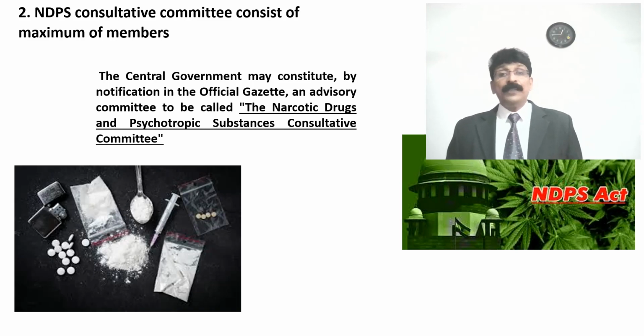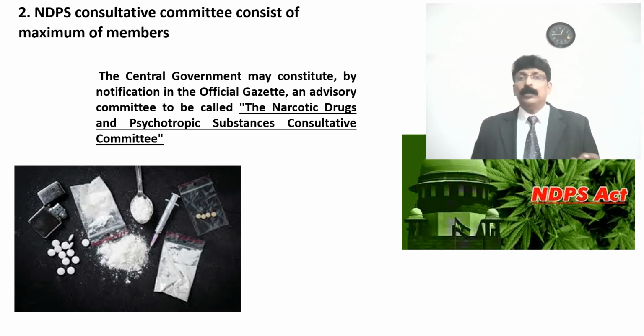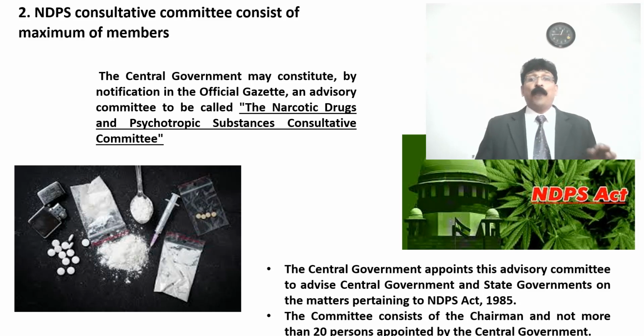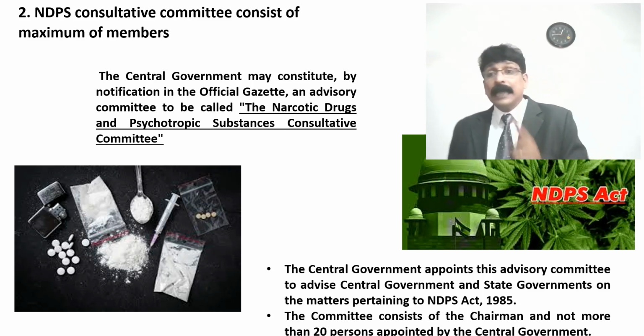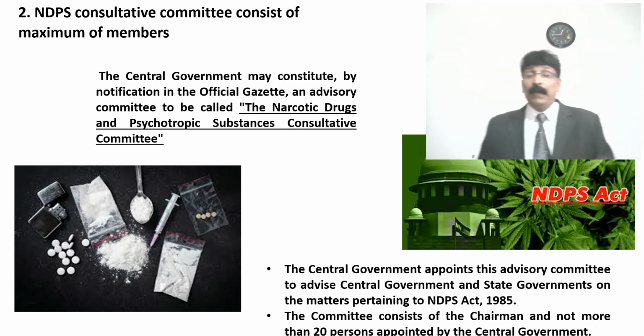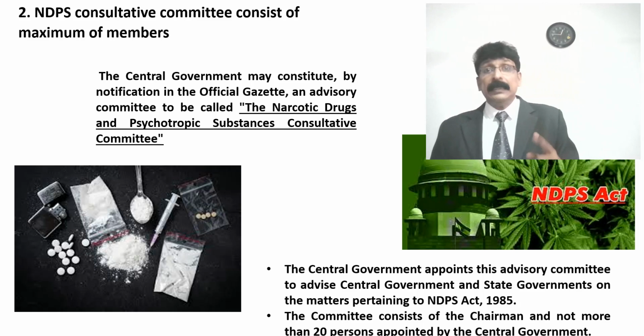So it's very clear the narcotic drugs have to have control, which is having a constituted committee. So how many members? The central government appoints this advisory committee to advise the central government and state government on the matters pertaining to